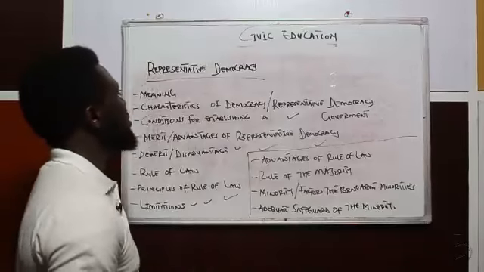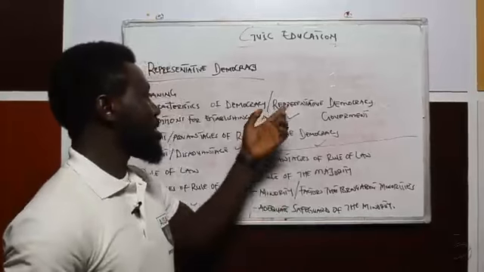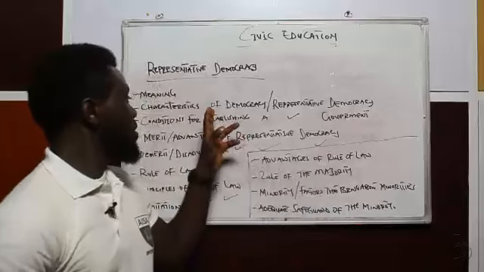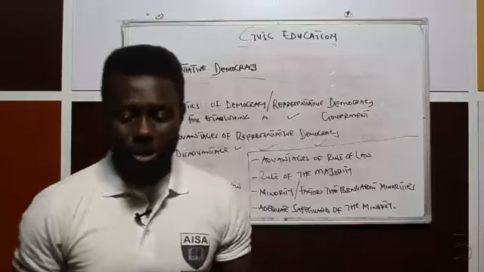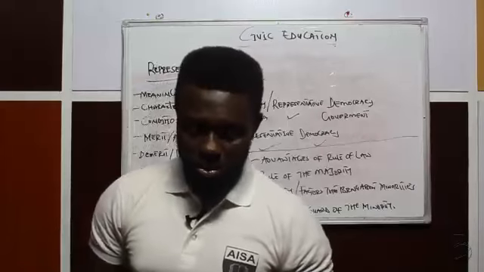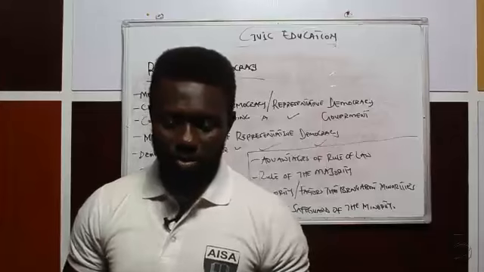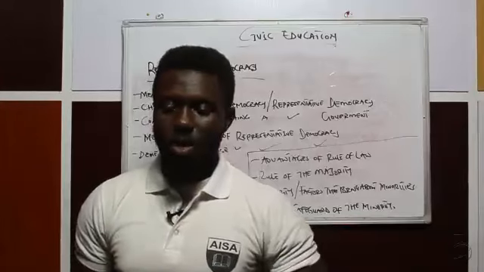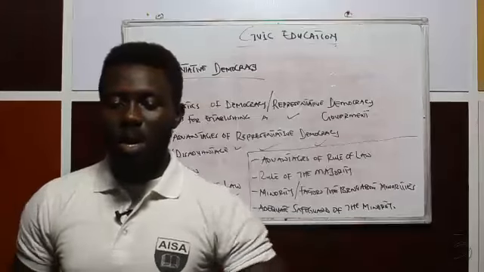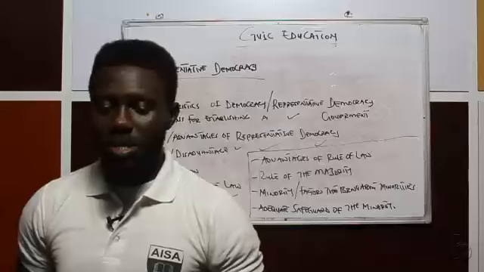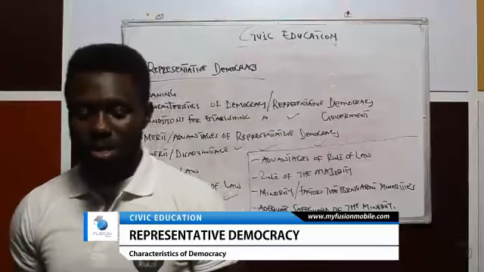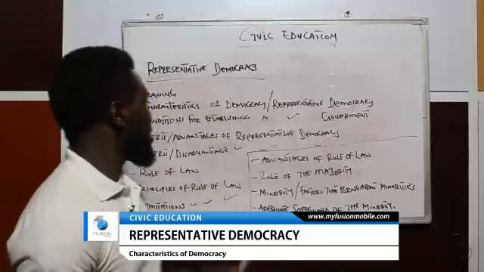So now what are the characteristics of democracy and what are the characteristics of representative democracy? Now let's take democracy first. The characteristics of democracy include: number 1, representative democracy; number 2, rule of law; number 3, fundamental human rights; number 4, majority rule with an adequate safeguard to the minorities; number 5, delegated legislation; number 6, separation of power; number 7, rights and obligation of citizens; and then finally number 8, political systems and partisan politics. These are all characteristics of democracy.